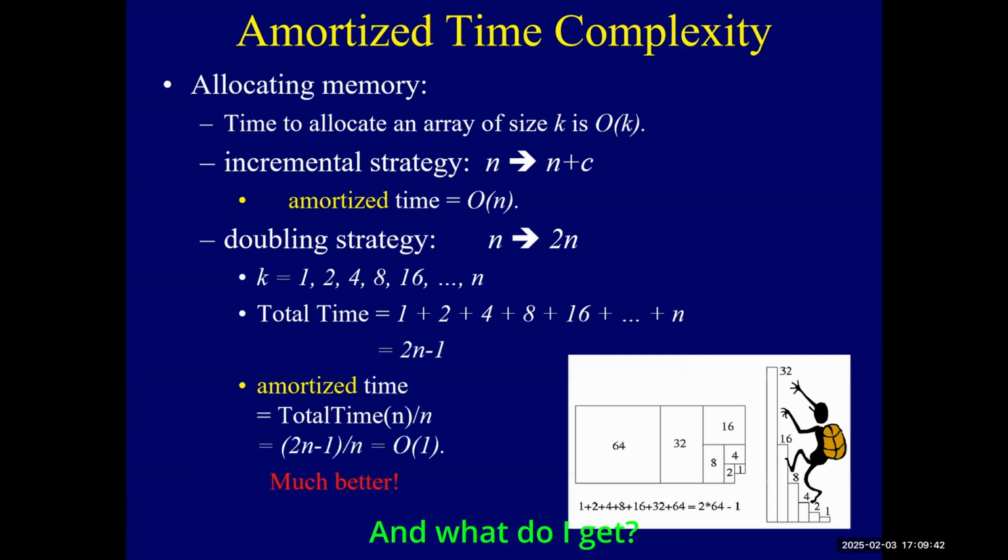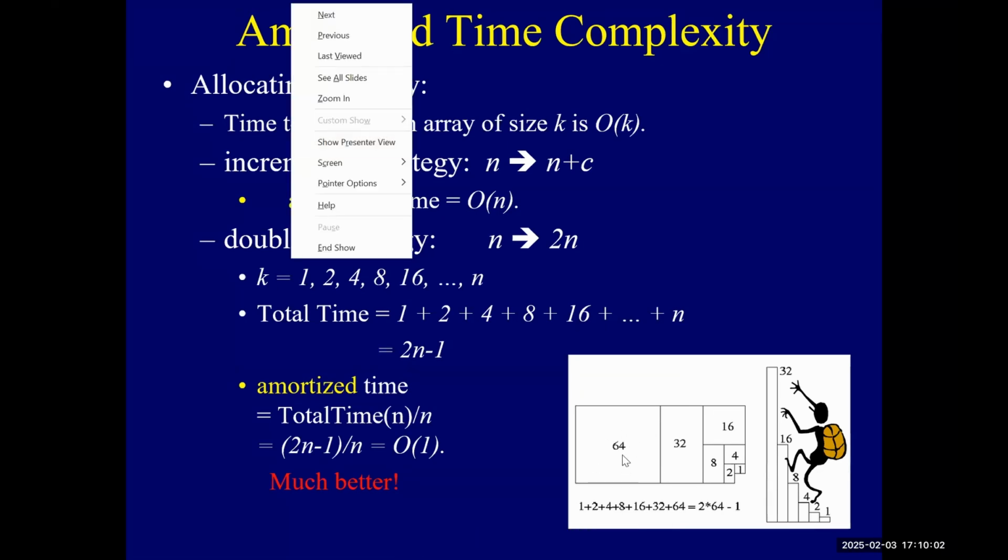And what do I get? I get log n time per operation, right? Does that make sense? And log n is way better than n, right? Yeah, but it's better than that. Why? Because here my biggest term is 64, but the sum is not 64 times the number of terms. It's not 64 times the number of squares, is it? It's only 2 times the biggest number, right? So this sum here,